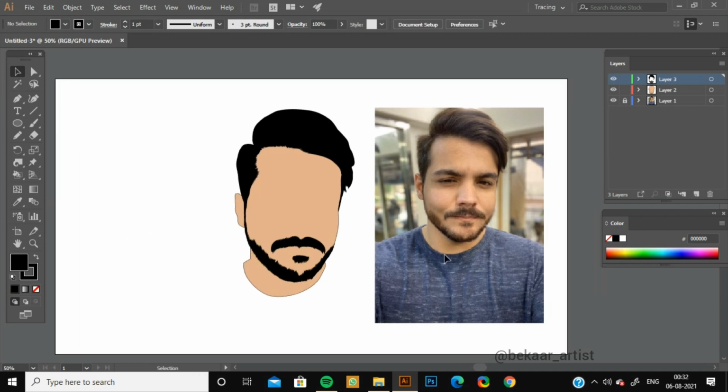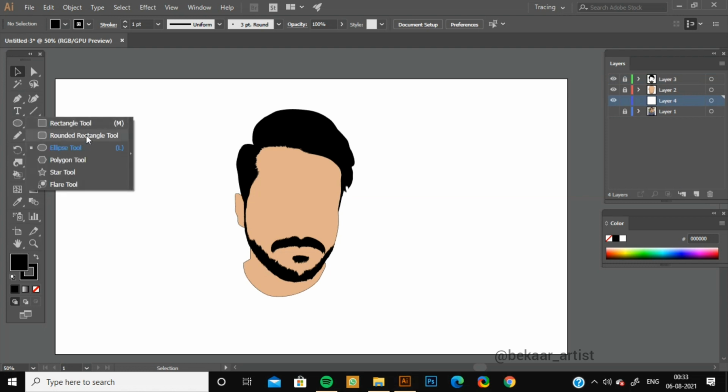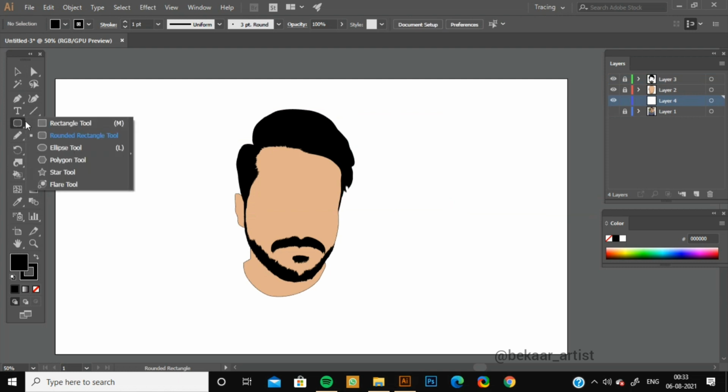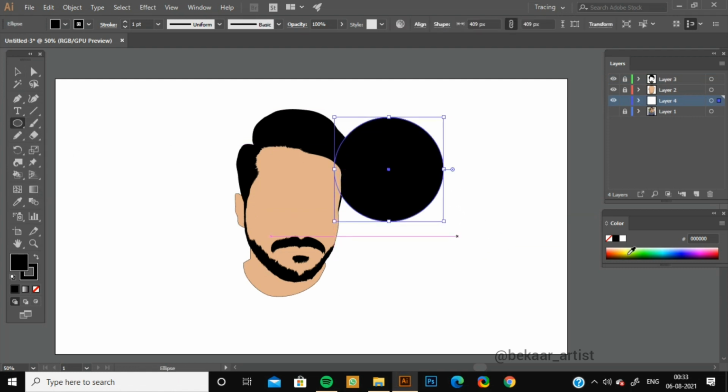Now you can see this flat illustration is ready. Now if you want, you can keep these strokes. If you don't, then just remove it. Also, if you want to make this illustration a little bit more aesthetic, then create a new layer and then select this ellipse tool and create an ellipse,